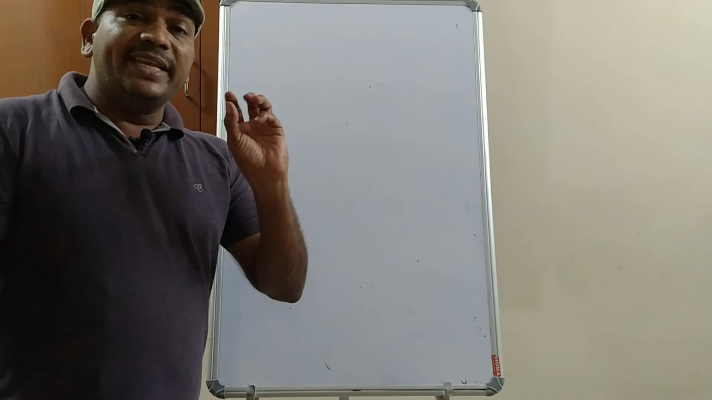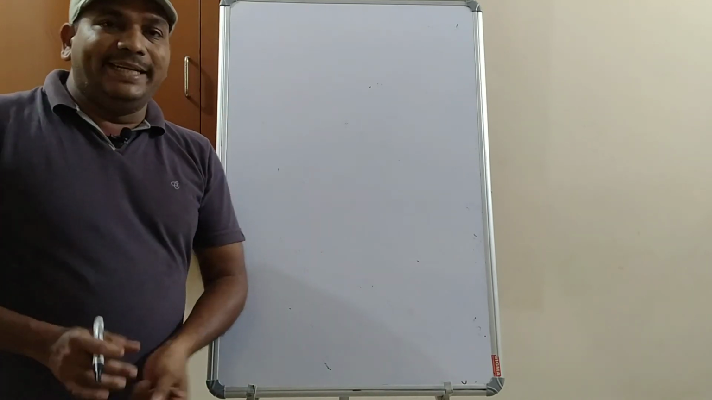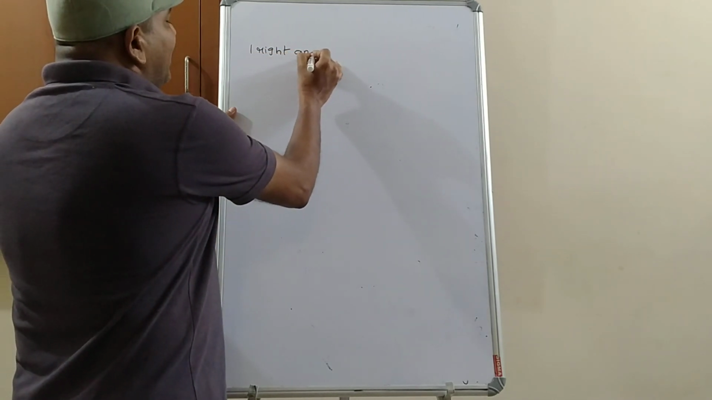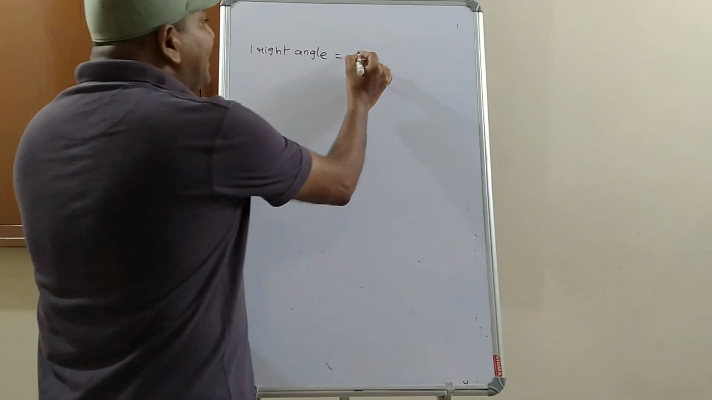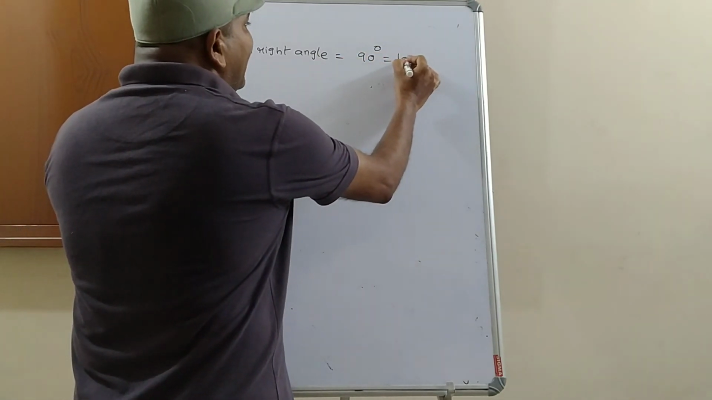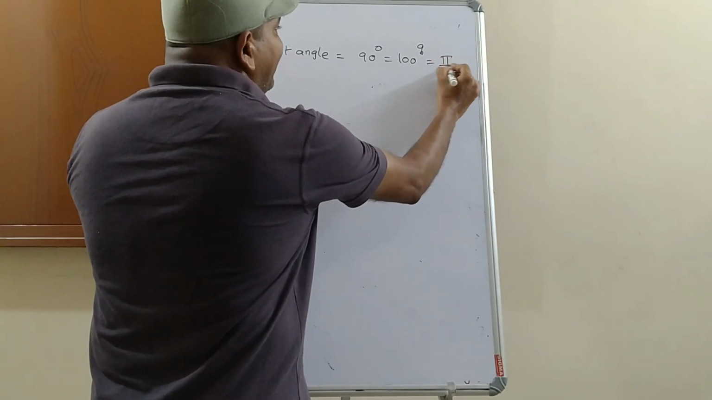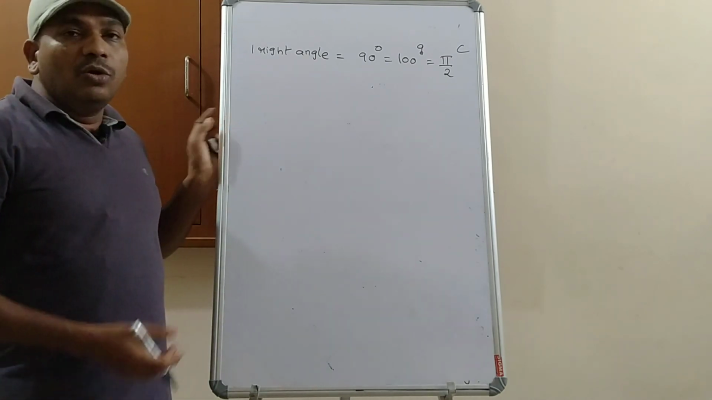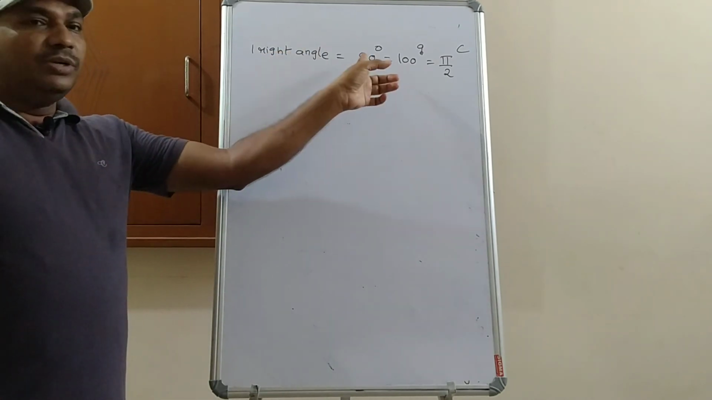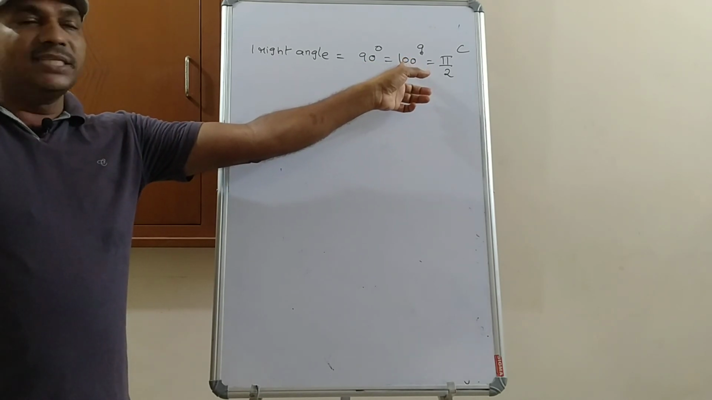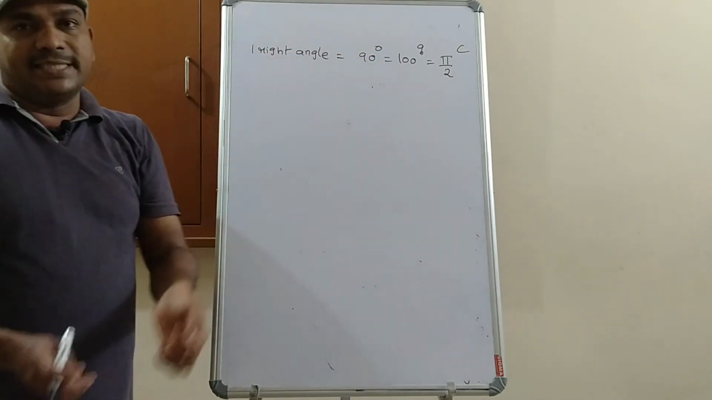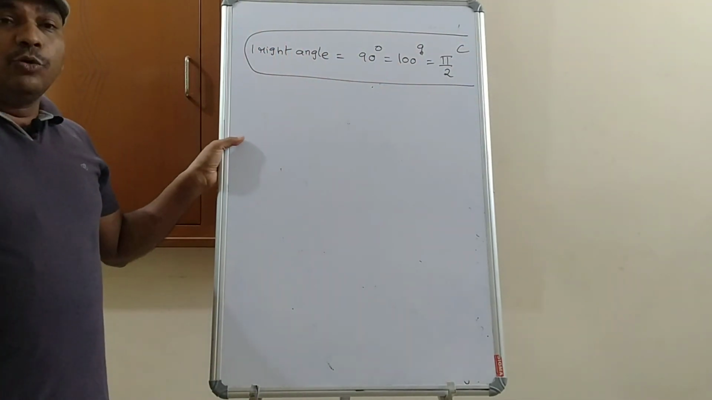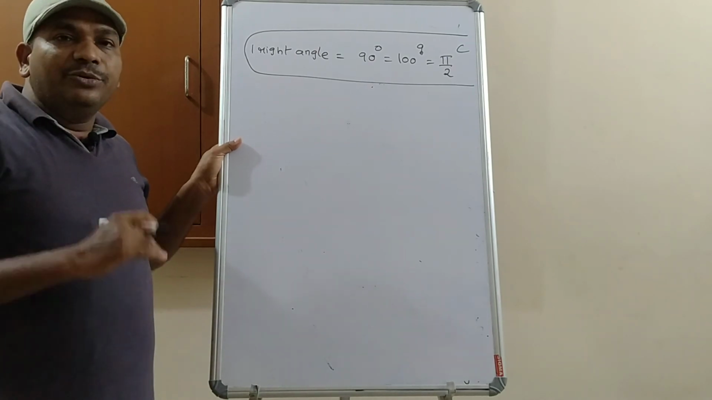So from the three systems, we conclude that 1 right angle equals 90 degrees equals 100 grades equals pi by 2 radians. This relation is very, very important. Now, to convert degrees into radians,